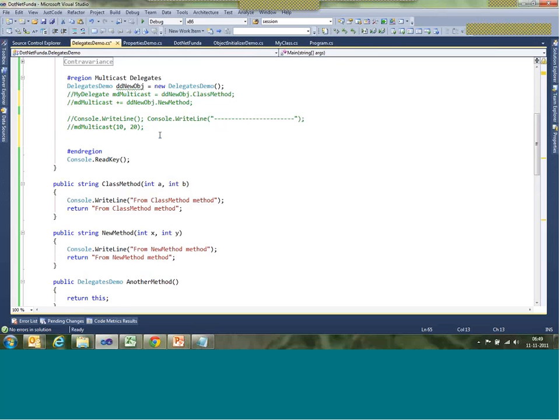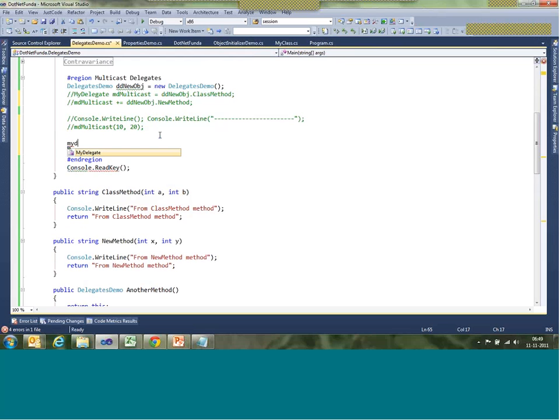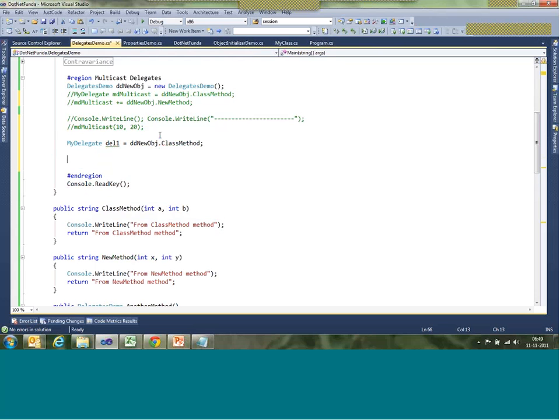And my delegate, I'll call this del1 equal to dd new object dot class method, and then I create another delegate del2 equal to dd new object dot new method. So I've created two delegates for representing two different methods,